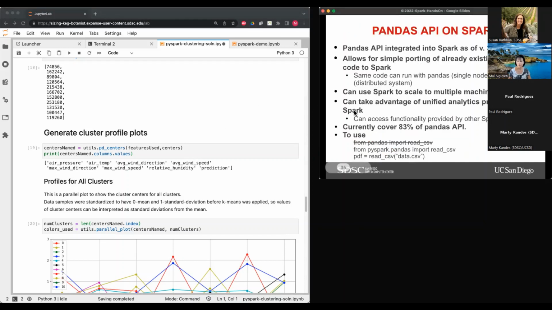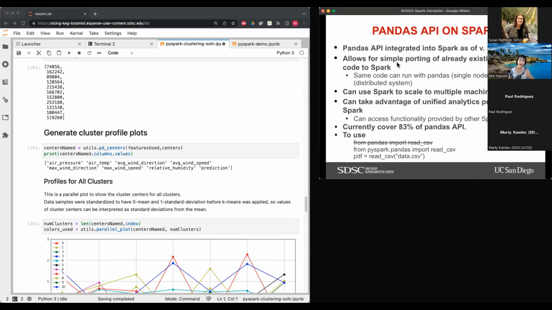Okay, so real quickly, I want to talk about a couple of things. As of Spark version 3.2, we're not using 3.2 here, we're using 3.1.2, Spark also has a Pandas API.